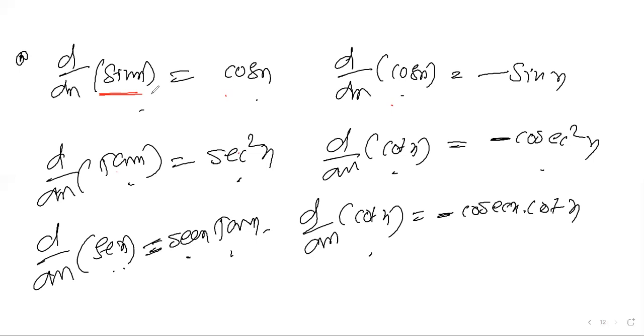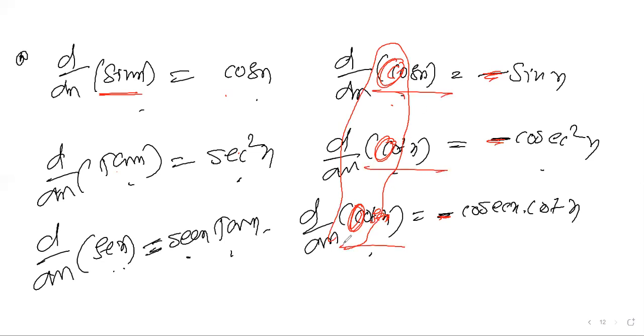Okay, I will give one logic. Whenever you get a c, cot has a c, cosecant has a c, cos has a c. Whenever you get c in the term, you may take a minus. Only the c terms: cos, cot and cosecant. The remaining, sin, tan, secant, you will get positive. Only these you'll get negative. This is the way you can limit the formulas. This is the second set of formulas.